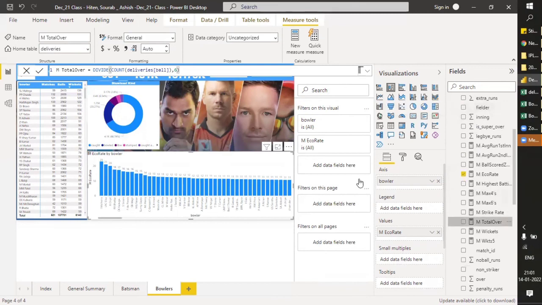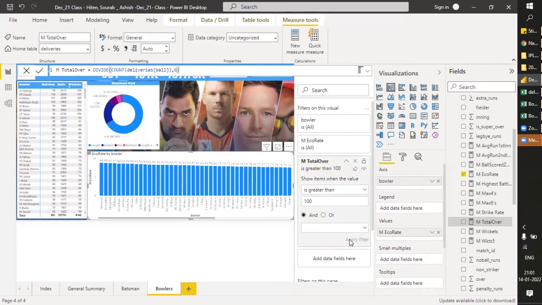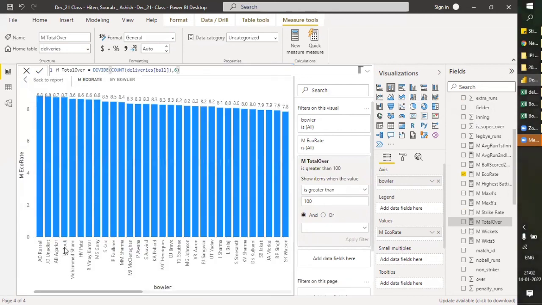Total overs, drag it here, and it is greater than... yeah, it's working now. Okay, Andre Russell, 8.18, 8.8. Oh my god.